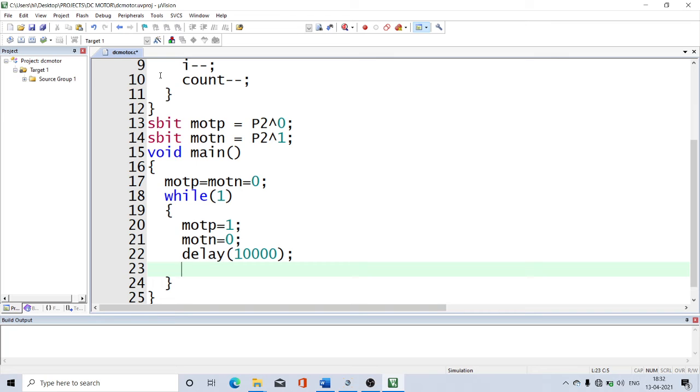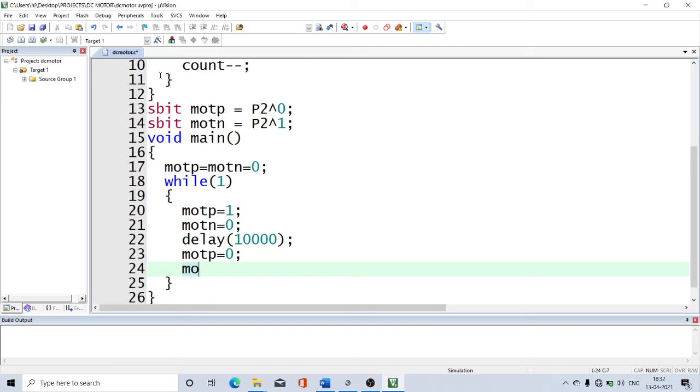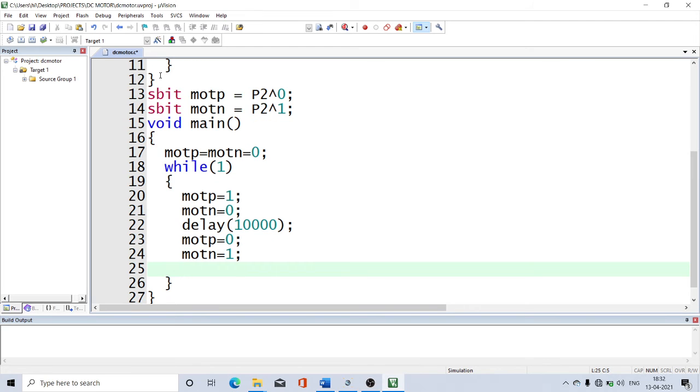Then again the motor should rotate in anti-clockwise. For that, MOTP is given 0 and MOTN is given 1, and this anti-clockwise rotation is also taken for 10 seconds.